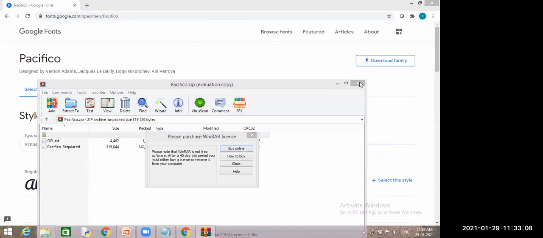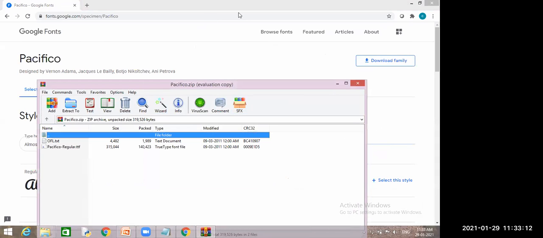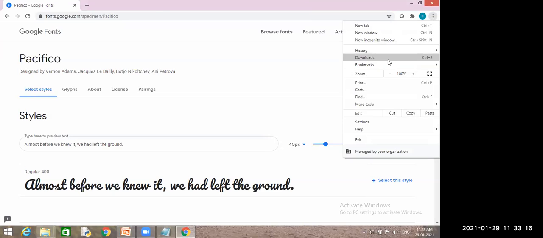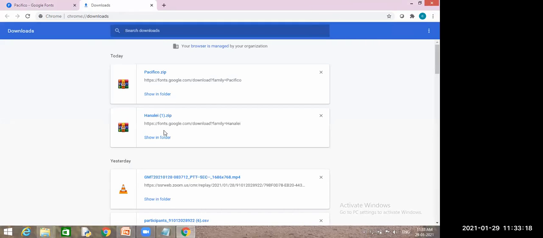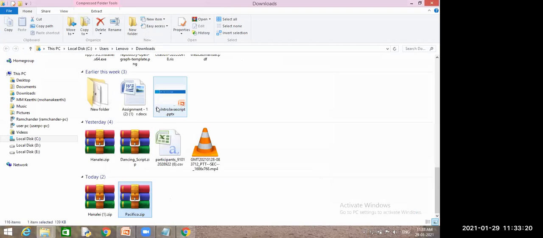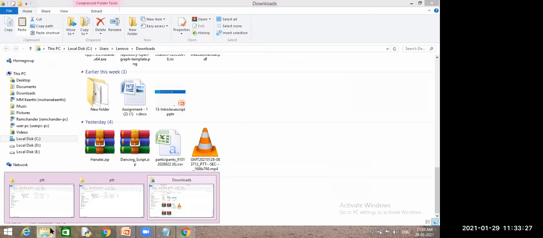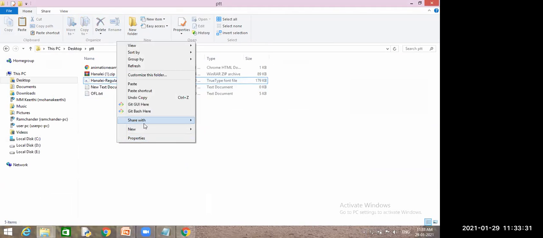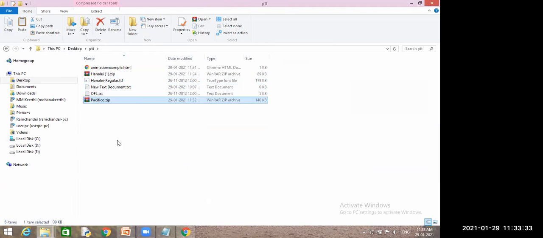Go to downloads and open it with show in folder. This is my file. Just copy this file and paste it in your program folder. So here I am pasting. It has pasted.